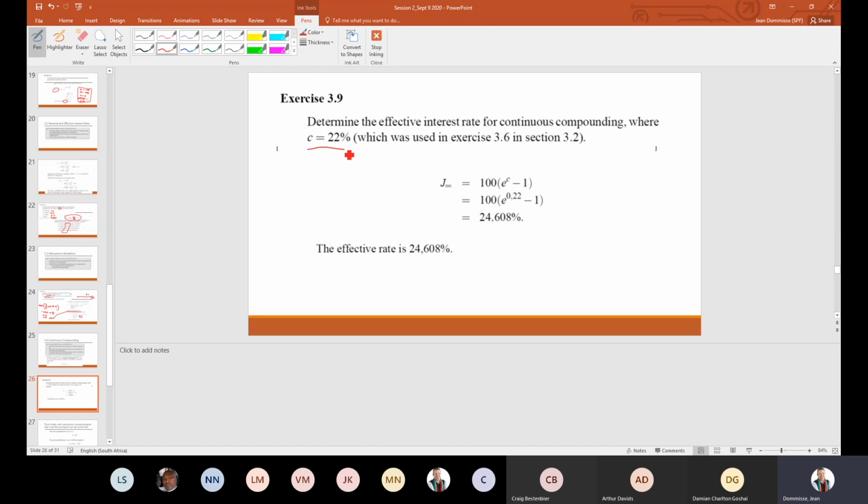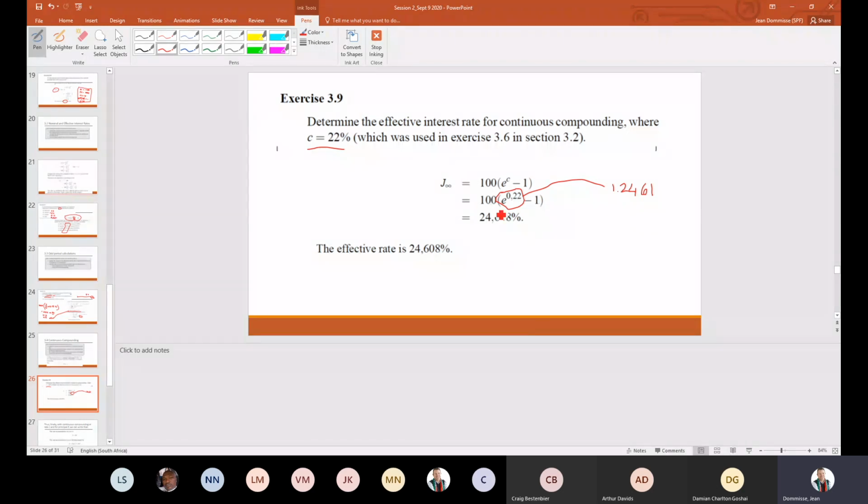On my calculator, that was 1.2461. Then you subtract the 1 as they tell you,